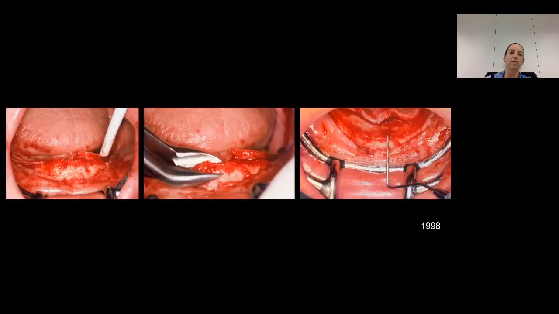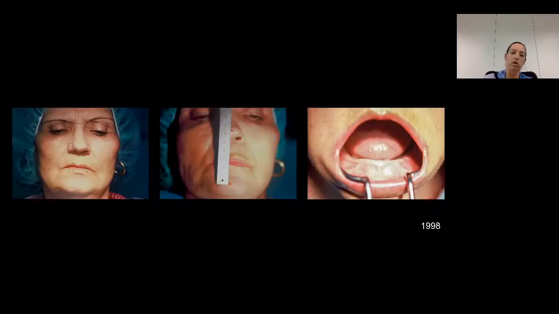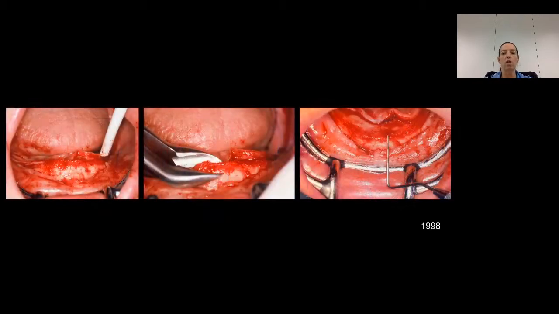These are the type of marks that we use on the nose and on the chin to control the vertical I mentioned during the day. Here you can see we raised the flap. This was 21 years ago, sorry. So we were already raising the flap completely to expose the coming out of the nerve, already reducing the crest here to have a good